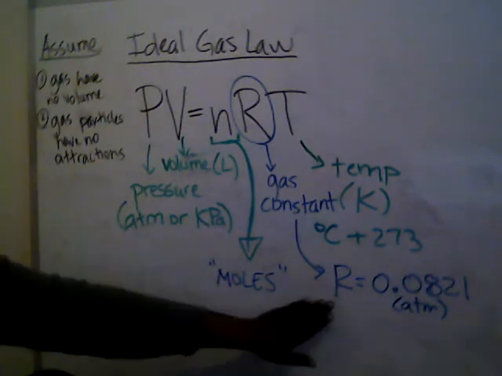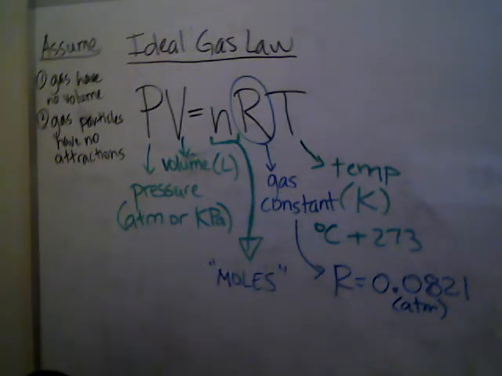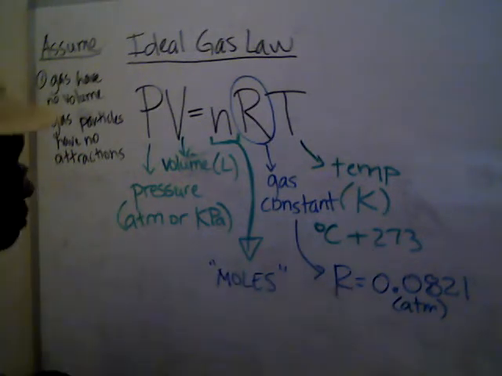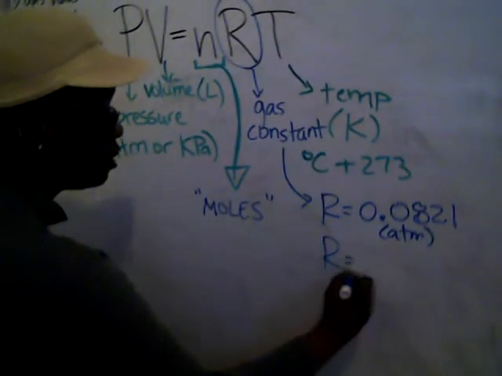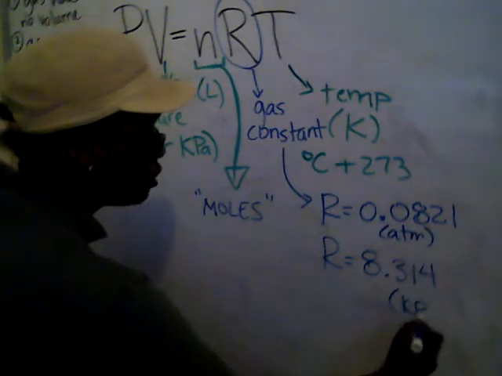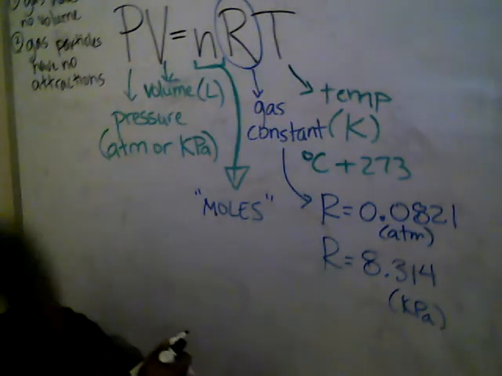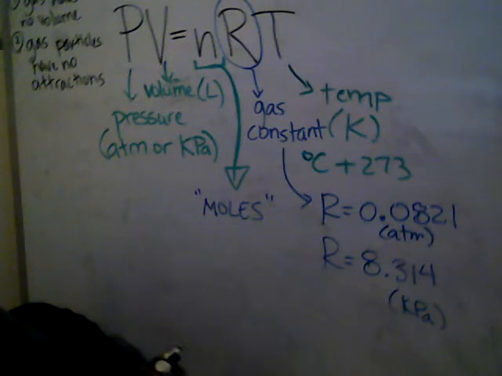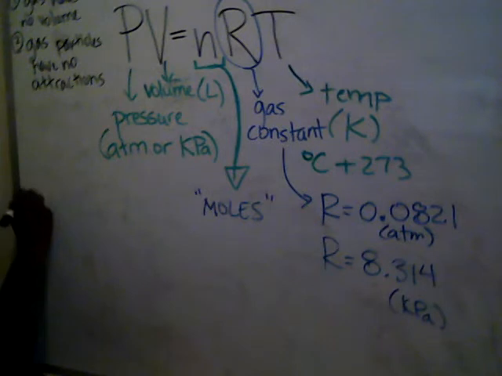Okay? So one thing with the R, the number that you use has to match the pressure that you're using. So if your pressure is in atmospheres, you have to use this number for your R. If your pressure is in kilopascals, you can use 8.314, but only if your pressure is in kPa. Okay? So that's defining all of the variables in this equation. So I'll give you one example of how we would use this equation. So let's say we have